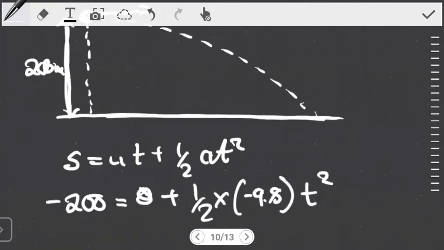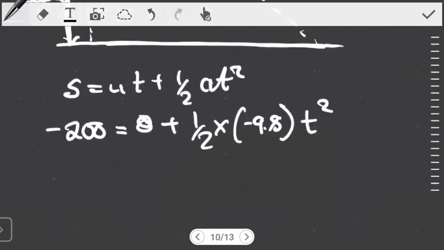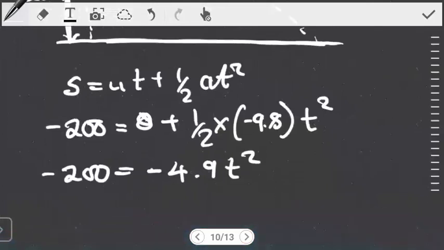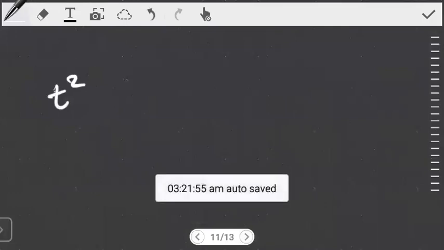We simplify this: minus 200 is equal to half of negative 9.8, which is negative 4.9, times t squared. From here, you can quickly notice that the negatives cancel out, and if we divide both sides by 4.9, we have t squared is equal to